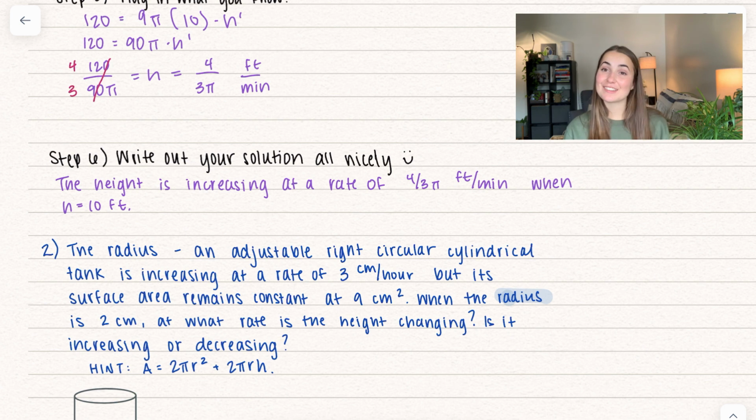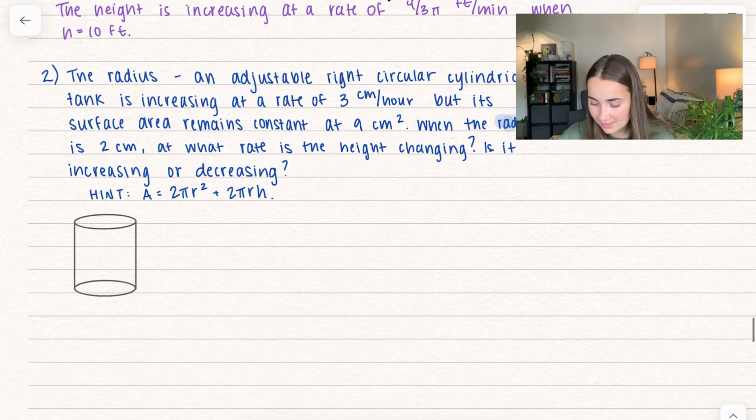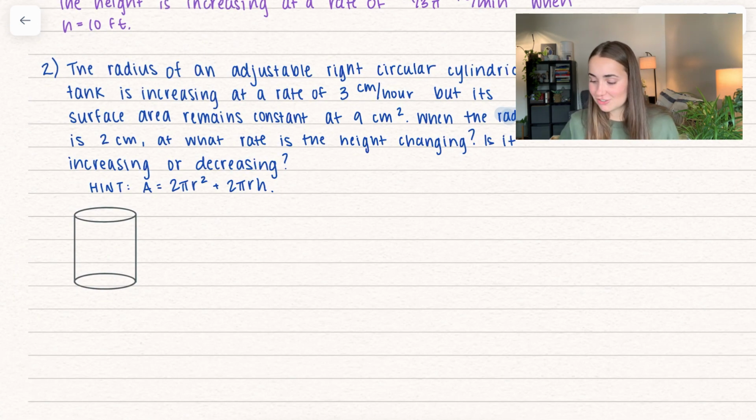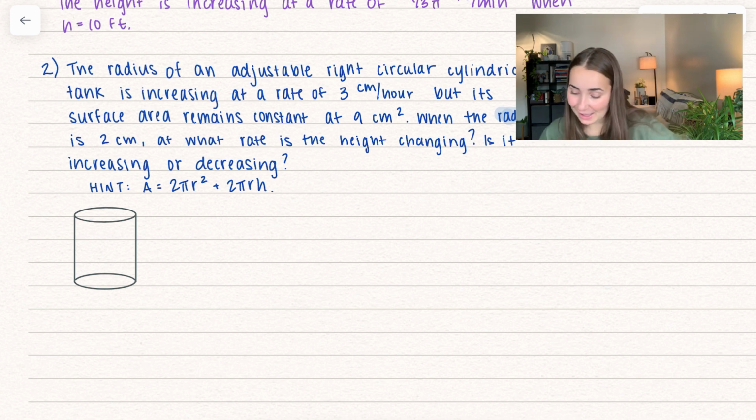And there we have it. That's our solution. So let's move on here to the next problem. The radius of an adjustable right circular cylindrical tank (if you're wondering what that is, there's a picture right there, it's just a cylinder) is increasing at a rate of 3 centimeters per hour, but its surface area remains constant at 9 centimeters squared. When the radius is 2 centimeters, at what rate is the height changing,